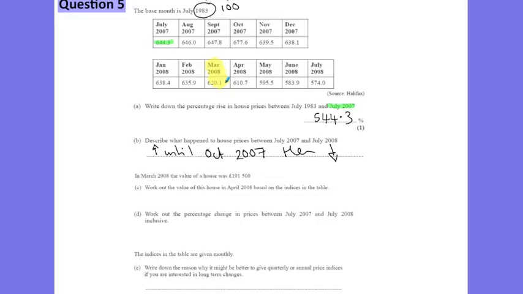So we take the index value in April and divide by the March value, 620.1. Then we multiply by the real price in March, 191,500. This gives us the price of the house in April 2008,